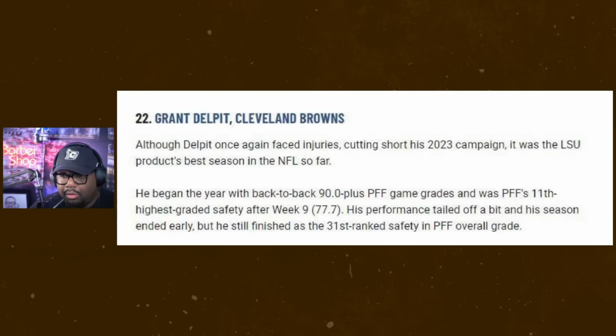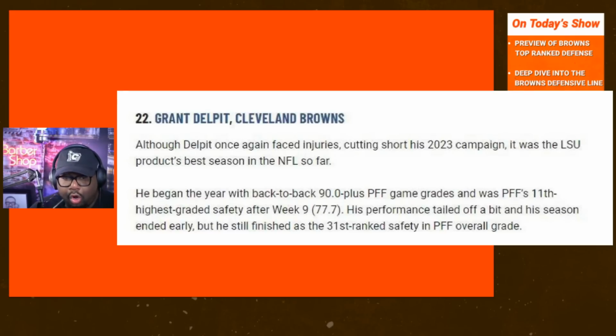So when you take a look overall at all of the stats and the different publications, one thing that stands out is that the Cleveland Browns have playmakers at every single level, from the interior to the outside edge rushers, linebackers, corners, slot corners, safeties. They got playmakers at every single level. And I'm going to tell you what, the Cleveland Browns defense is going to be better than it was last year, and that can be very dangerous, if they can translate on the road,